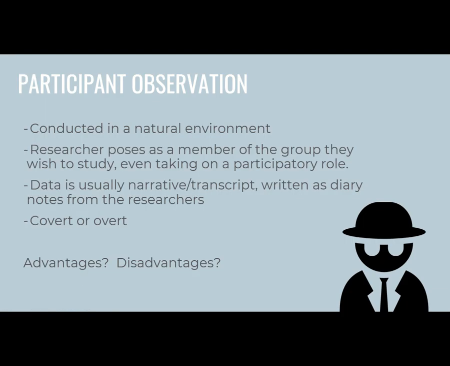Participant observation is another form of observation where the researcher poses as a member of the group. The easiest example of this is a researcher going to live with an indigenous tribe to help understand the culture. Another example may be that you develop a family life education program to help parents know how to discipline their child. Then you enroll yourself in one of the sessions under the same or a different name and see how it goes. You could either be explicit by using your name about your role as the researcher, or be undercover so the participants act more naturally, just thinking you are a participant like them. Think more about the advantages and disadvantages of this approach, and we'll discuss it in class.